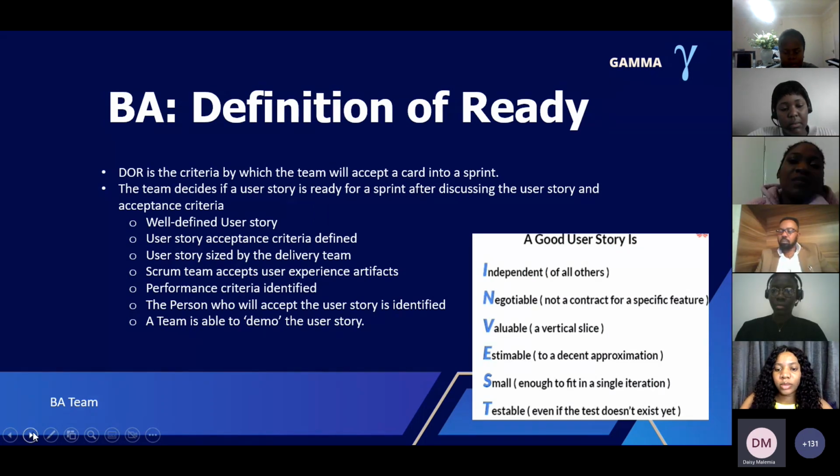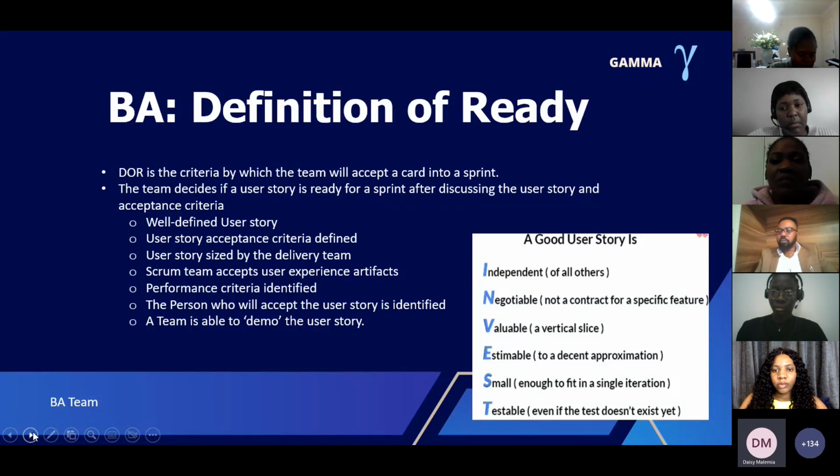So our tasks for today were to define the definition of ready and done. This can differ depending on the team that you're in. But for BAs, since we do a lot with user stories, we define ready once the criteria is met.